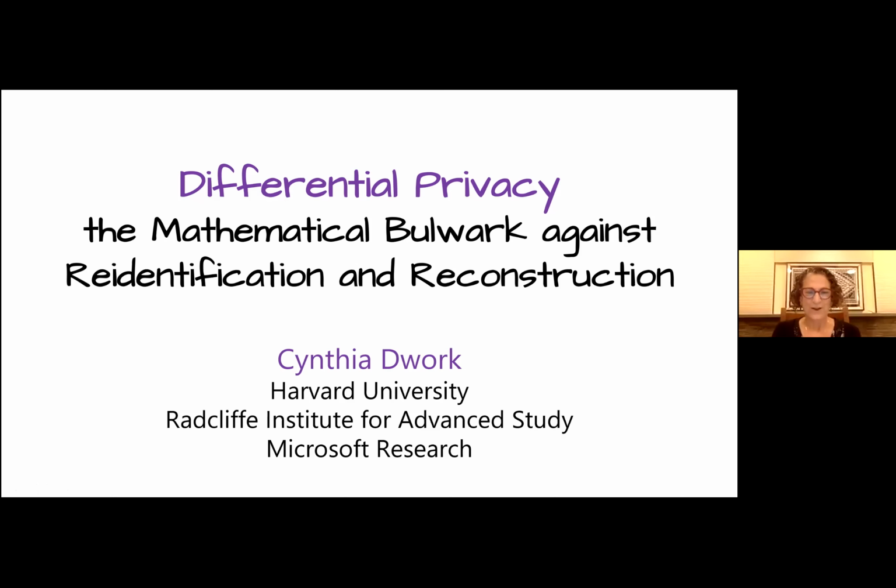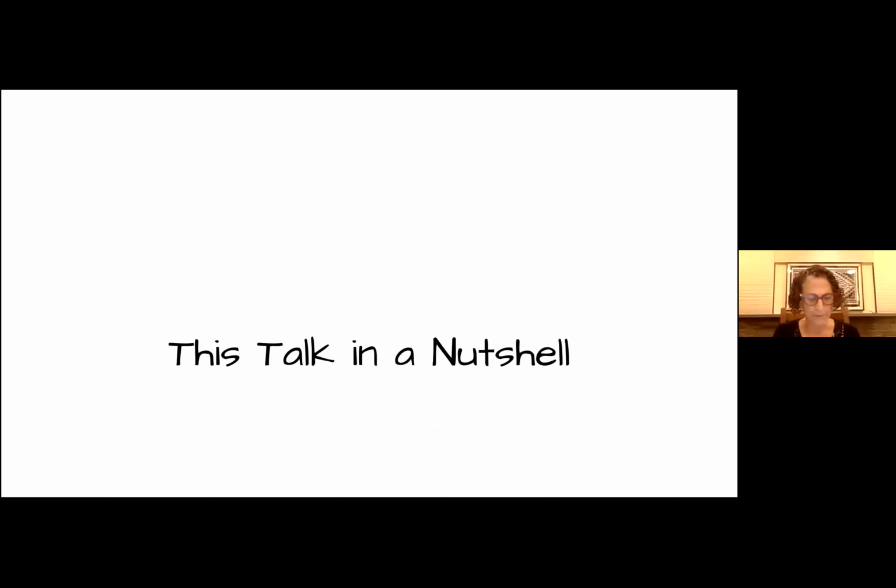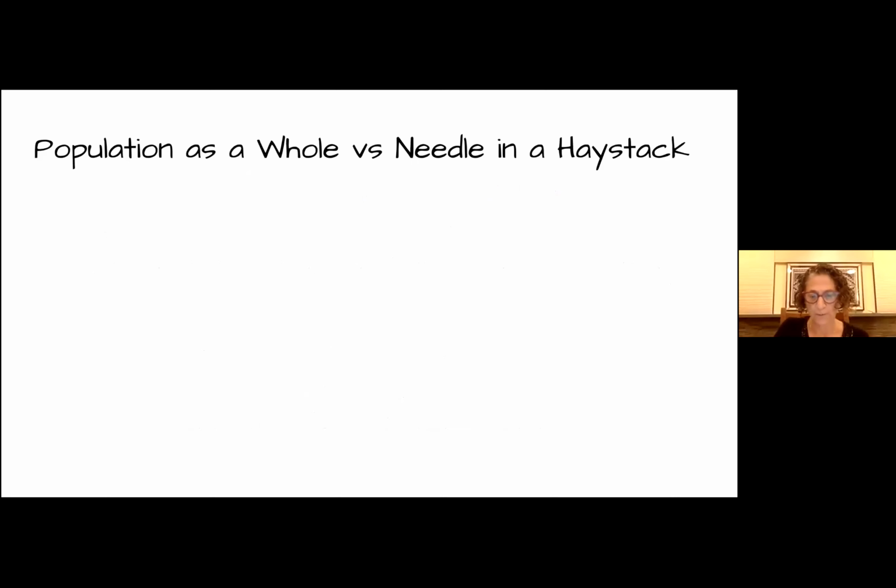All right. So I'm going to talk to you today about differential privacy, which is a term that now refers to a collection of algorithmic and complexity and lower bound techniques for statistical analysis of large data sets. And you'll understand why I chose the particular subtitle, Reidentification and Reconstruction, later on. Okay. So this talk in a nutshell,